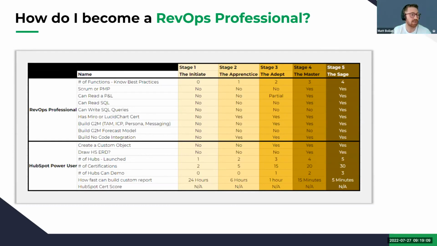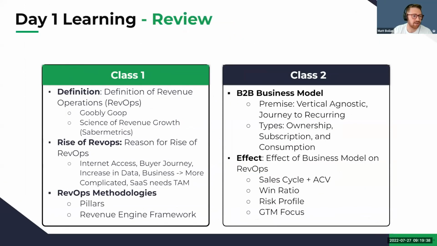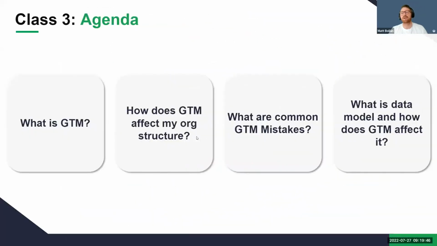So how do you transition? Honestly, the best way to transition is getting into a role, and it's going to be learning the data model that we're going to cover today. You need to be able to speak the data model. That's how you're able to transition to revenue operations, because you can speak all conversions, all metrics, and all time, and be able to translate that into a go-to-market. So it's what I'm going to show you today. That's how you transition. Okay, those are the questions that we had from yesterday. I'm going to continue and go on. So here's the agenda for today.